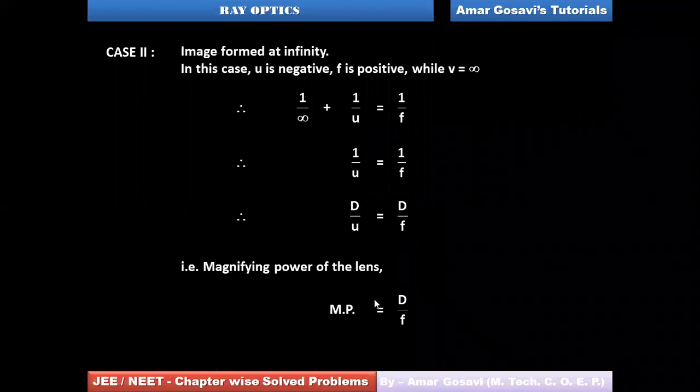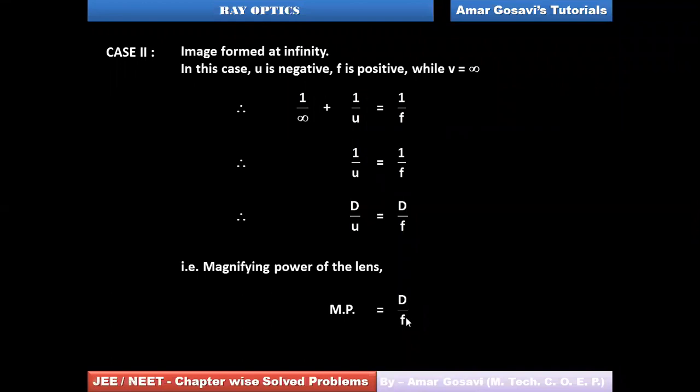Whenever the image is formed at infinity, the magnifying power of a simple microscope would be given by capital D by F. If the image is formed at the distance of distinct vision, then the magnifying power will be given by 1 plus D by F. Please make a note of it. Once you are done, let me know so that I can share the ray diagram along with this formula, making it easier to compare both the cases.